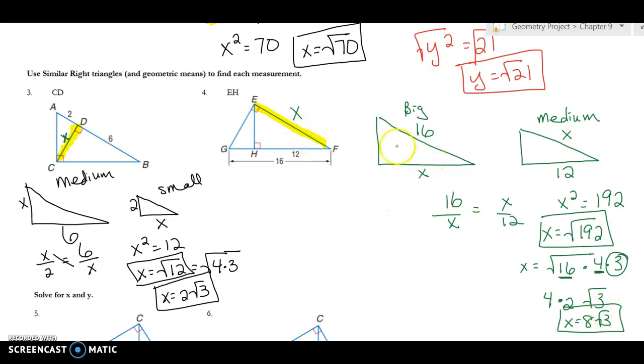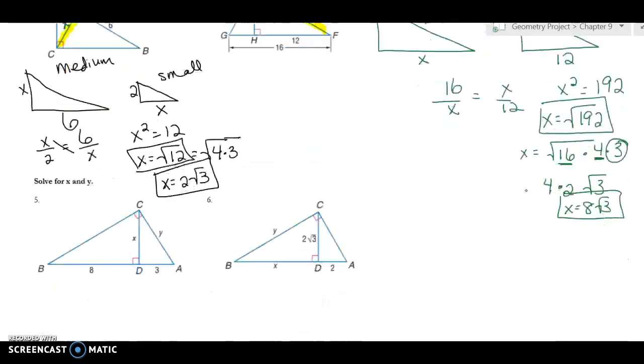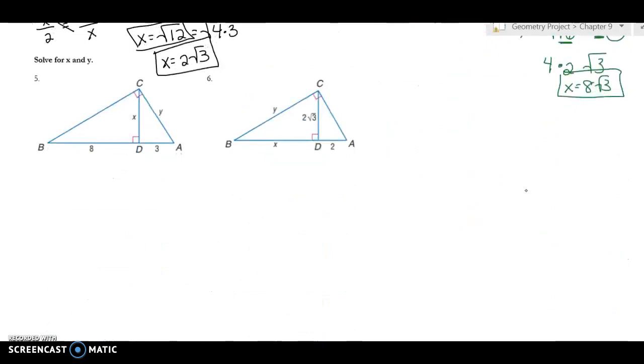Okay? But again, what I did was I looked to see what triangles have those two shapes, and then I went from there. All right, the last two are harder because they have two sides you have to find. So let's go ahead and start with number 5. And if you notice, the triangles I'm dealing with are my small and my medium. So I'm going to draw my medium and then my small. Okay, so press pause and try and see if you can find those measurements and label them,